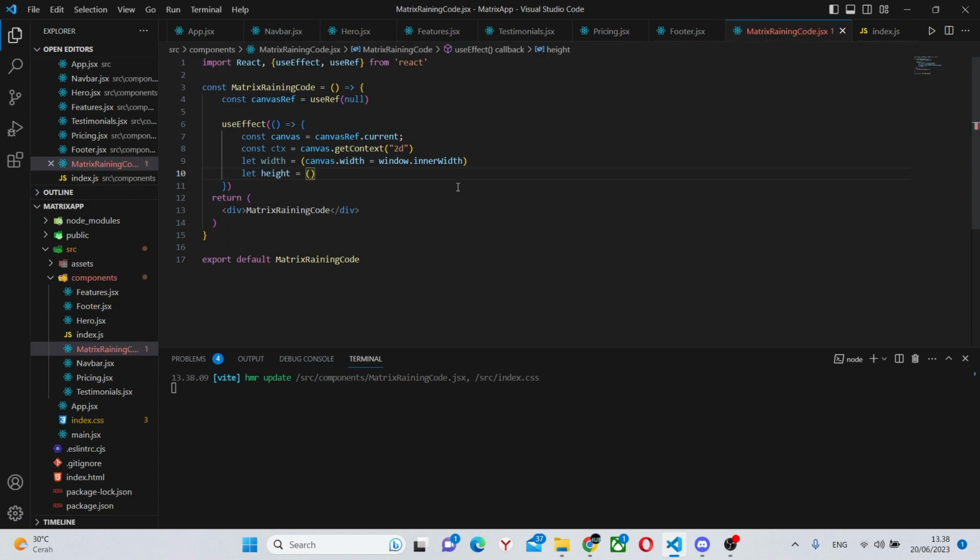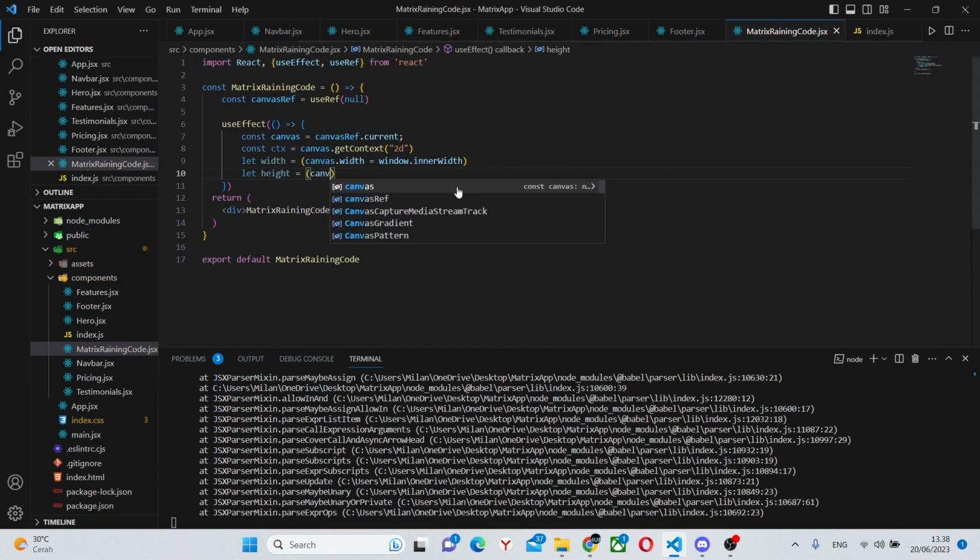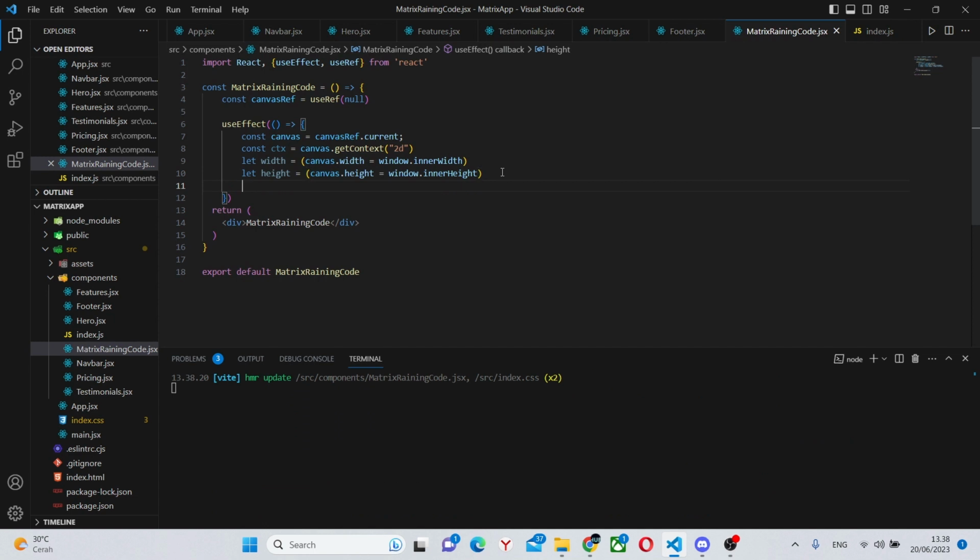Height equals, as you would have guessed, canvas.height equals window.innerHeight. Next, we'll say let columns, because the whole thing is going to be divided into columns, equals Math.floor width divided by 20.